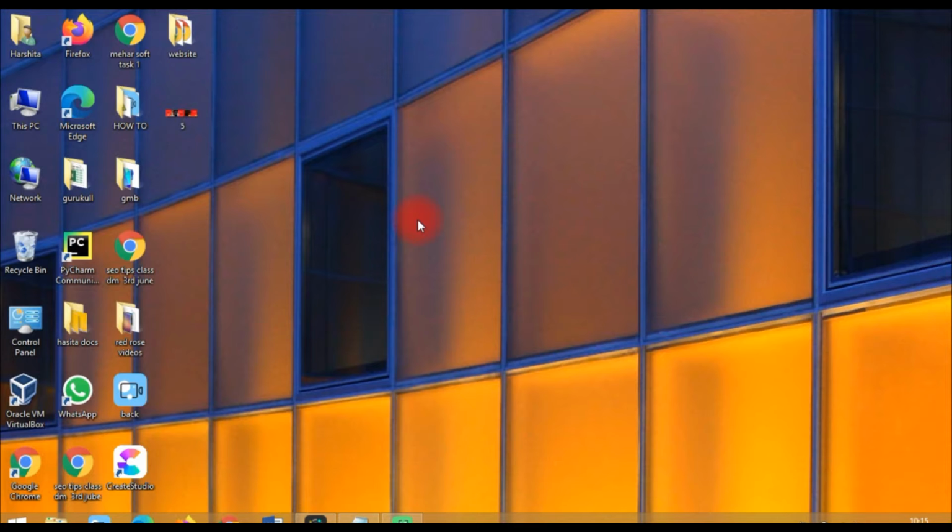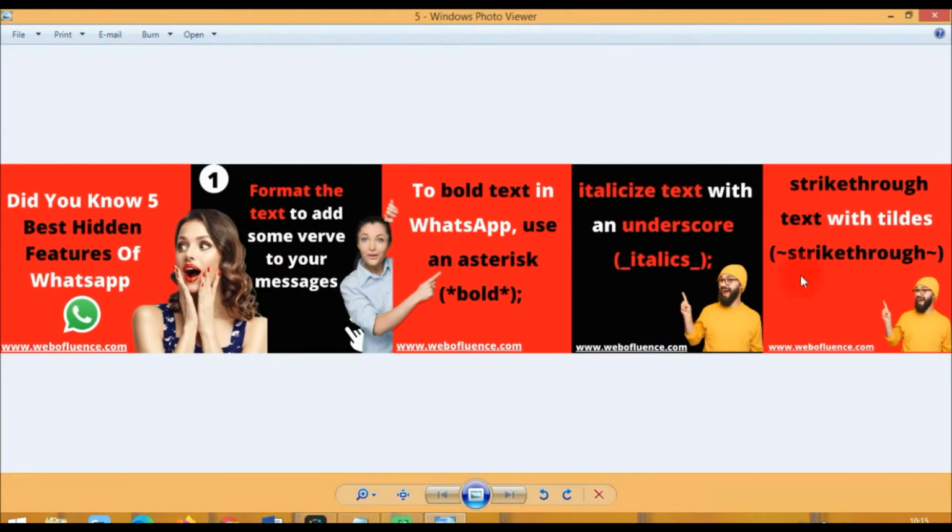Today we are going to see how to create image sliders for social media, because sliders are very famous and very engaging. So we will see how to create this type of slider in Canva. This video will be in two parts. In the first part we will create this slider in Canva, and in the next video I will show you how to split this slider into pieces and post it to social media. Okay, let's get started.